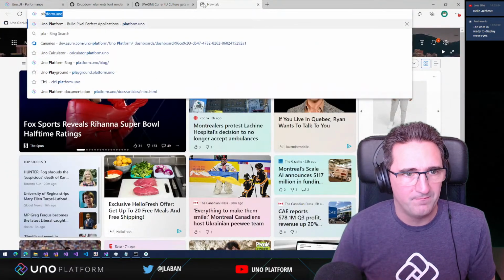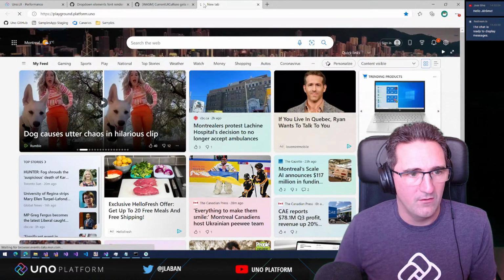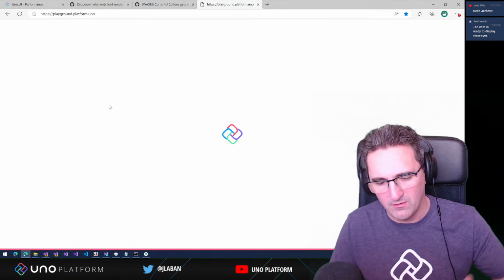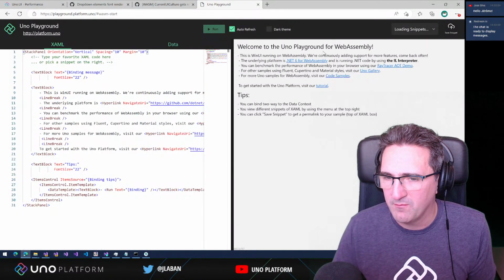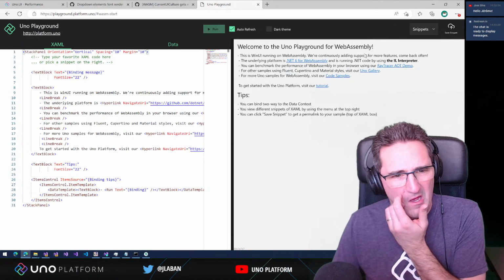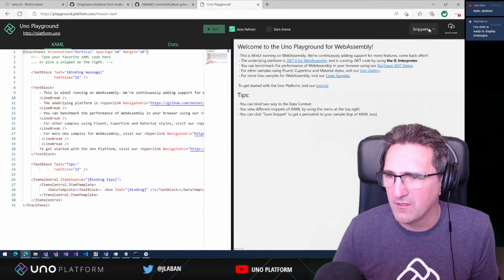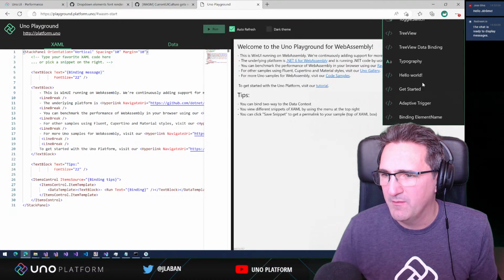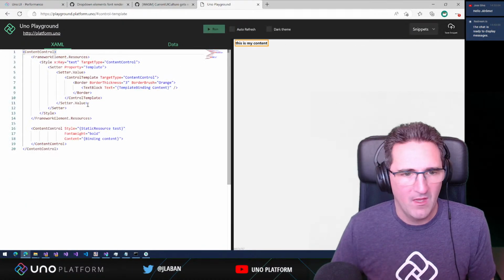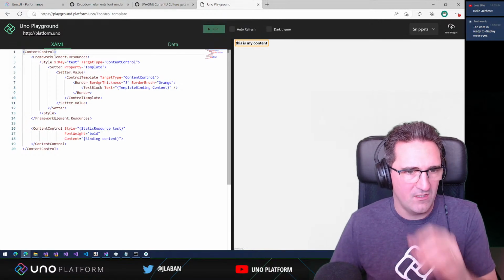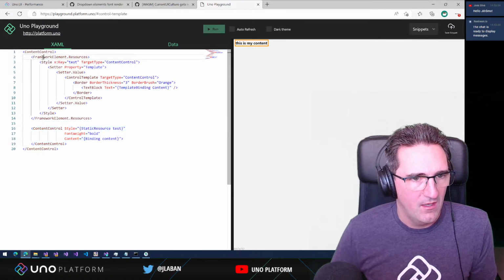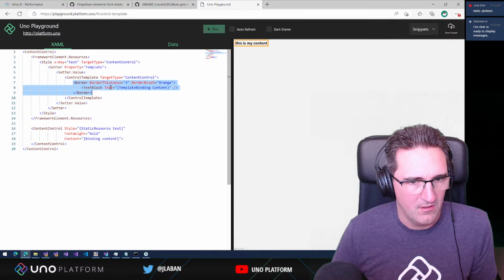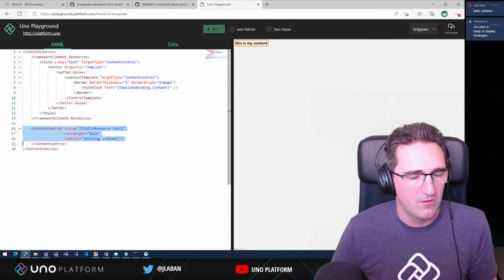When you're in the Uno platform and you're creating a control or a button or anything that has a content presenter, so let's go, content control and content presenter. Let's go down to a snippet, I think at the end, so control template here. And you can see here that we have a content control. And what happens is that when you're creating a control here, what's inside of the control template,